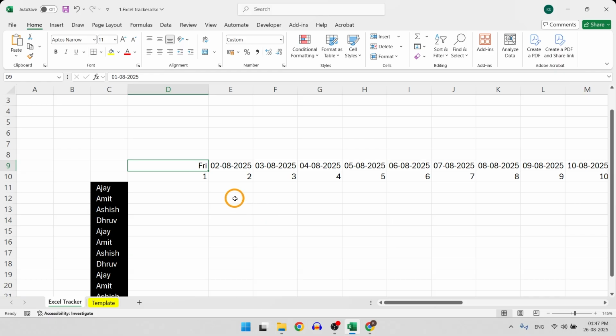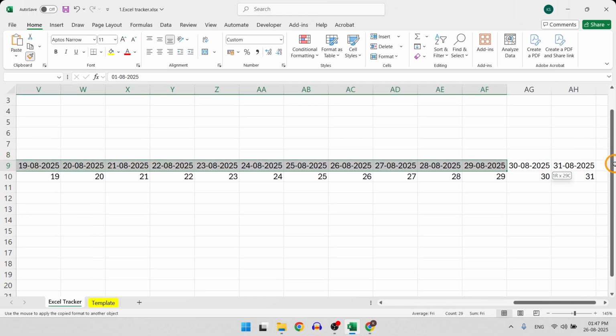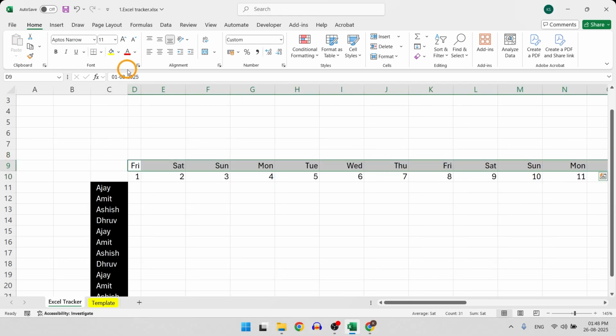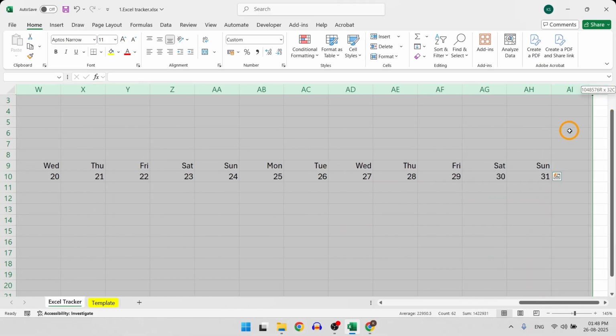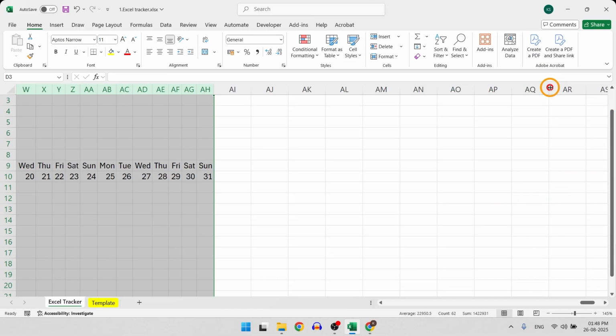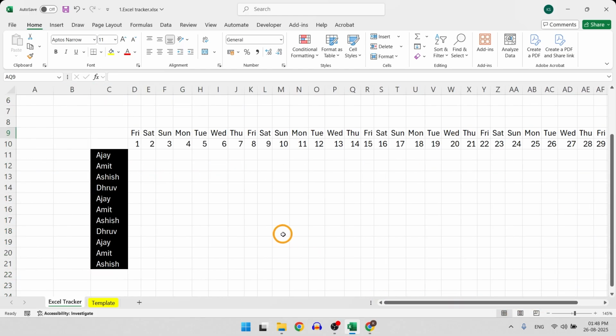Now check this out. It instantly converts your date into a neat 3 letter day name. Friday, Saturday, Sunday. Clean and simple. So copy the formatting across and we are done. See how AI gives us multiple answers and we pick the one that fits best.